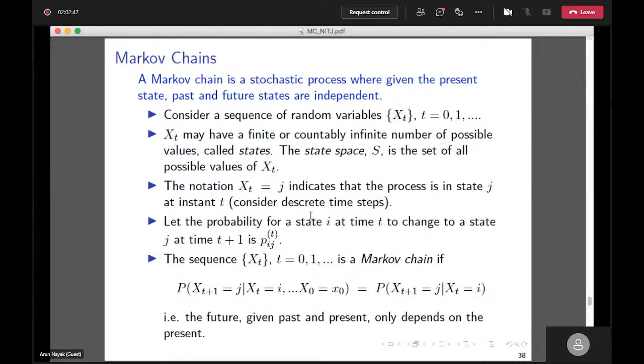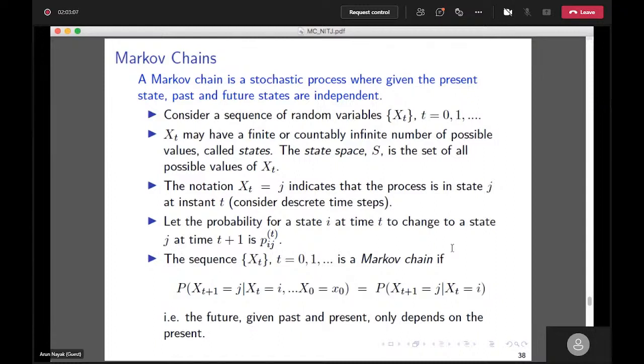Suppose the probability for state i at time t to change to state j at time t plus 1 is Pij, with index Tij defining the time. Okay. Now this sequence